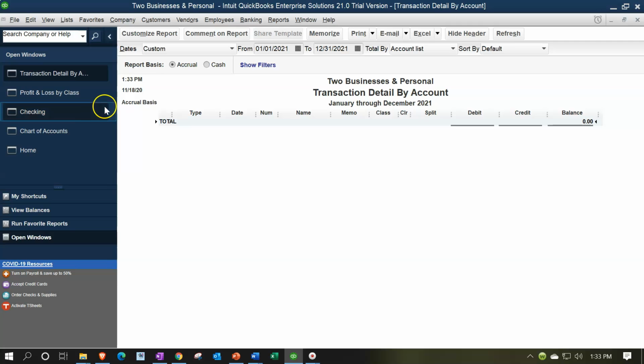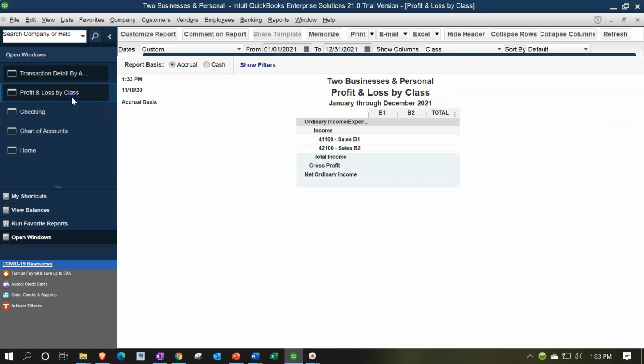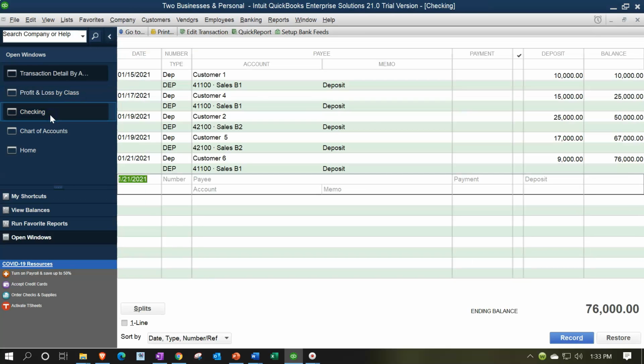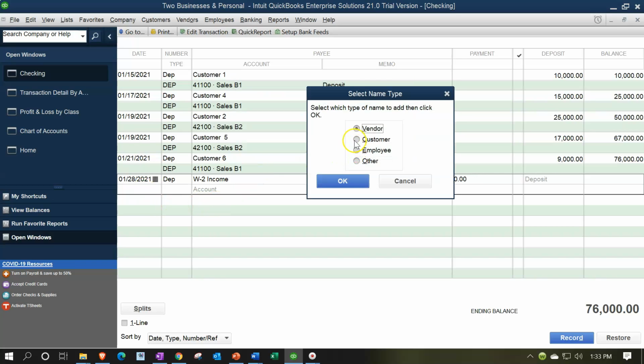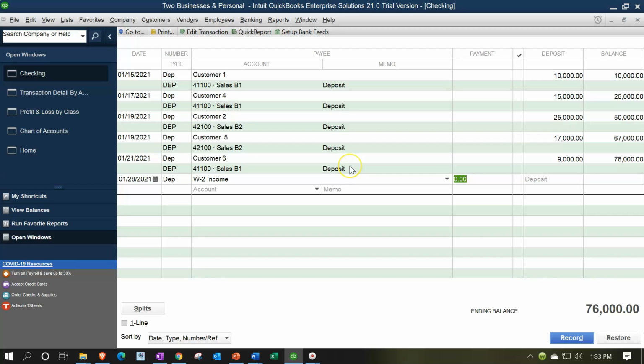Okay, and then we might have income on the personal side, which might be W2 income. If we go into our accounts here, let's say at the end of the month, we got a W2 income deposit. Now we might put the name of our employer. I'm going to say W2 income as the customer, and we could put the name of wherever we work, and we'd set that up. Quick add, make that a customer, and then let's say 23 on the deposit side,